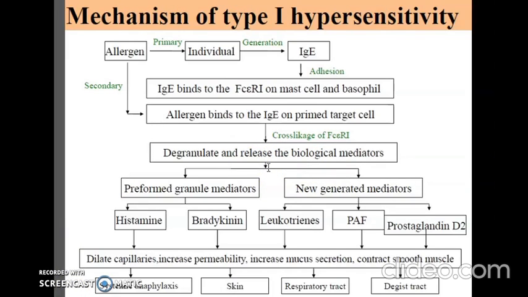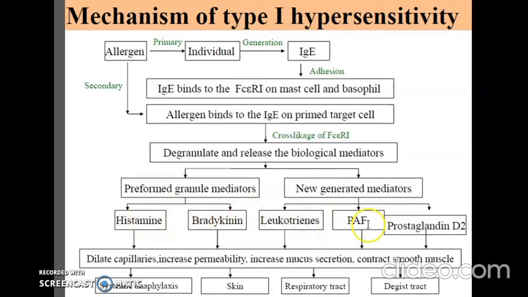And these manifestations of anaphylaxis are due to pharmacological mediators, which are of two kinds. Primary mediators, which are the preformed contents of mast cell and basophil granules, include histamine, serotonin, bradykinin, and the newly generated mediators, otherwise known as secondary mediators, include platelet activating factor, that is PAF, prostaglandin B2, leukotrienes,